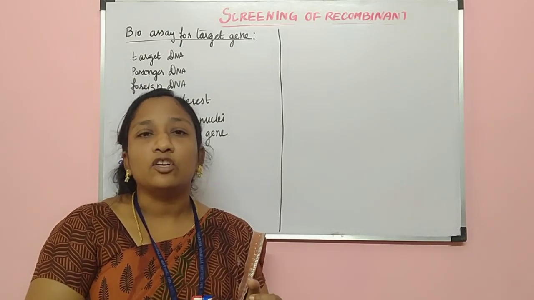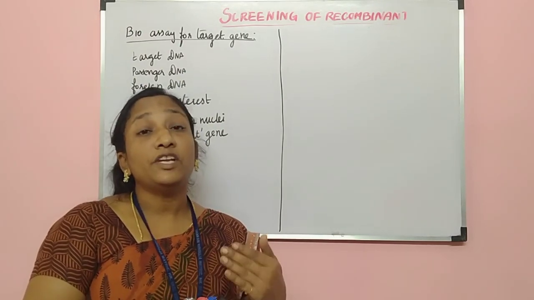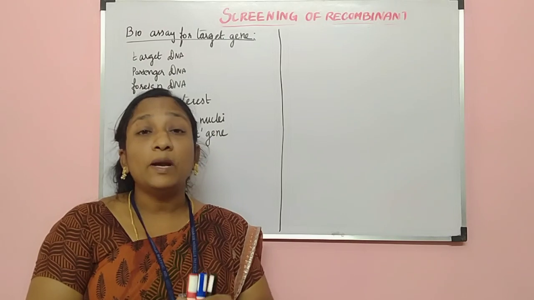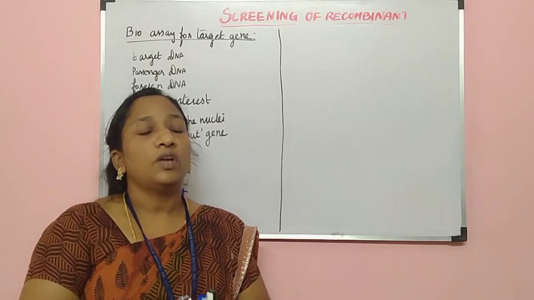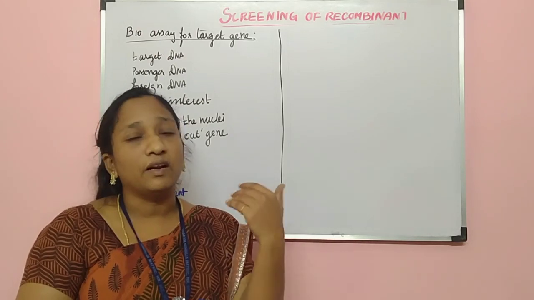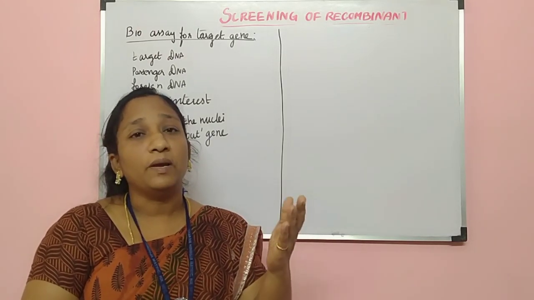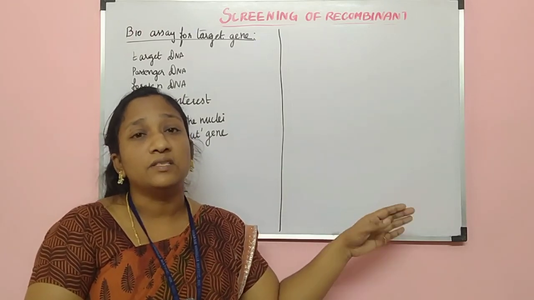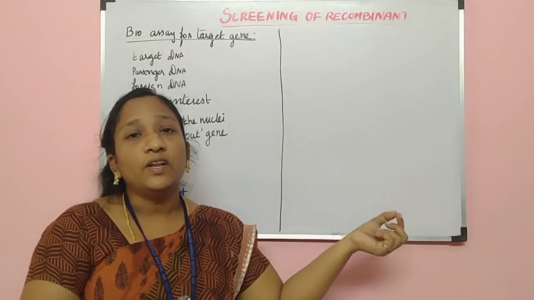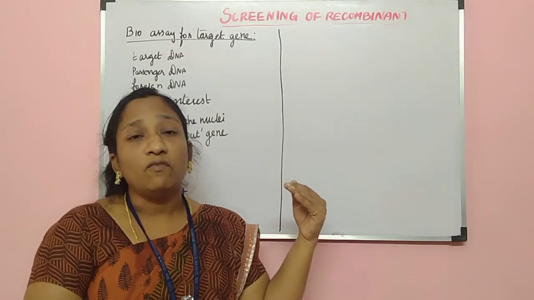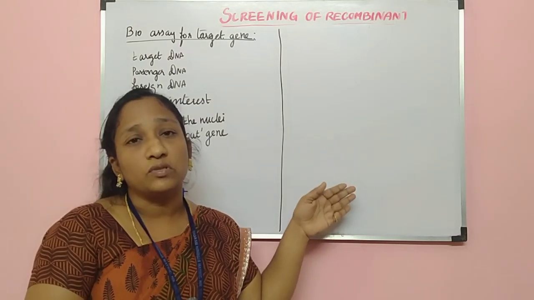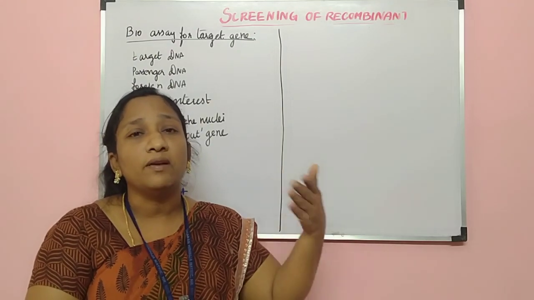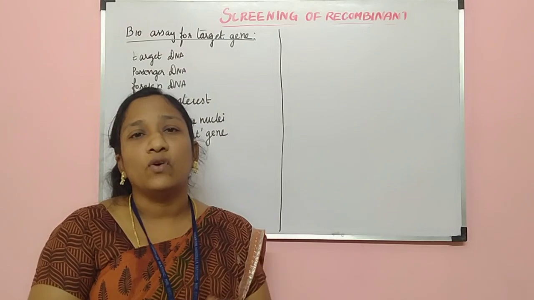Before that we learned gel electrophoresis. Why do we choose gel electrophoresis? To separate the DNA. For what purpose do we need to separate the DNA? For example, if you want to find a crime, even recently we have a problem of a baby, where parents are fighting for the baby and finding the criminals. If any criminal activity is done by a person, the DNA is collected from the person and allowed to undergo the gel electrophoresis process. After that, that DNA trace has to be taken for permanent registration. For that, we have to go for the blotting technique.